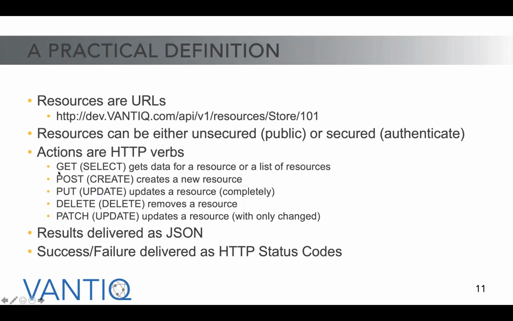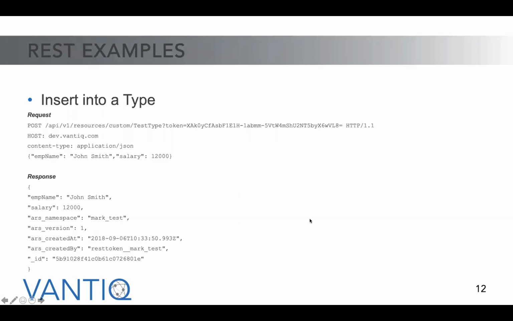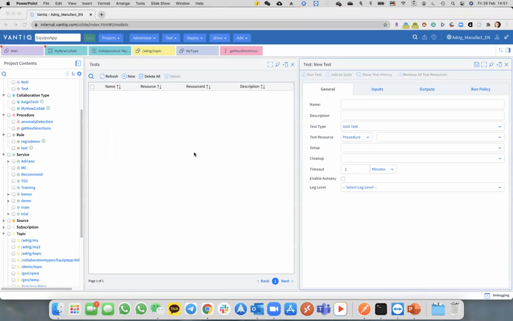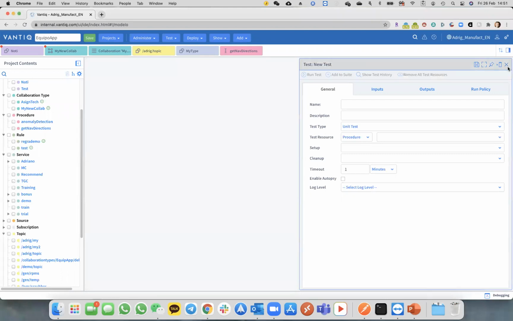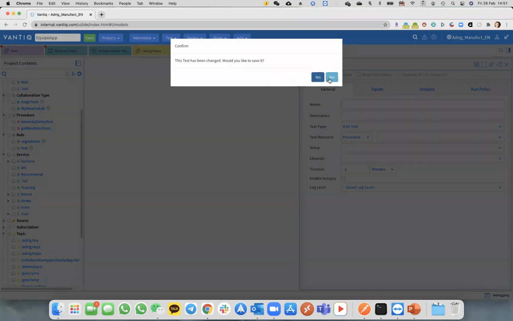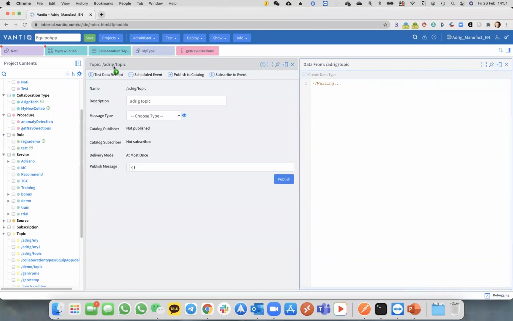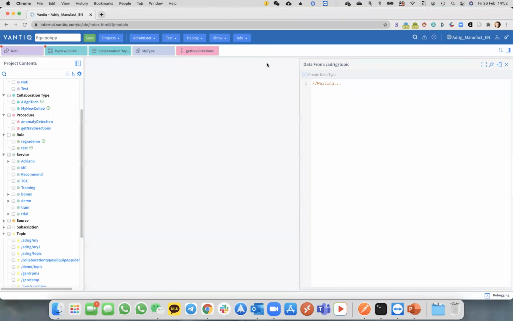I think I've shown you this. You can do a get, post, put, delete, or patch. The results are delivered as JSON. Let me just show it again to be sure that you guys saw that. So I have a topic here called a Greek topic. Let me close this one. I want to grab a token,